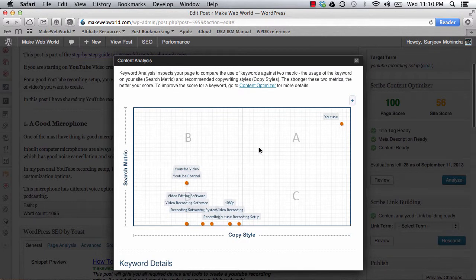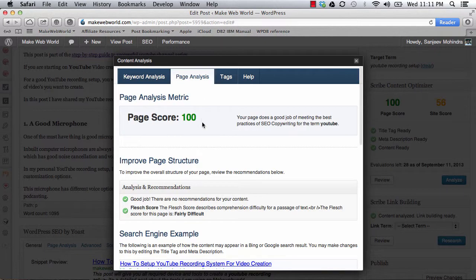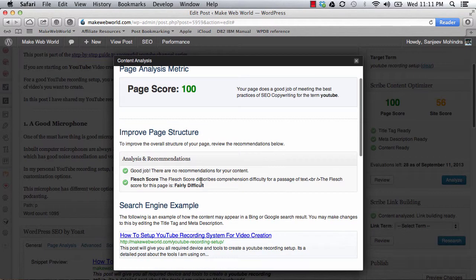Along with that, it tells you how this post is laid out, what your strong keywords are, and what your not so strong keywords are which can be improved. You can go to page analysis to see more recommendations.